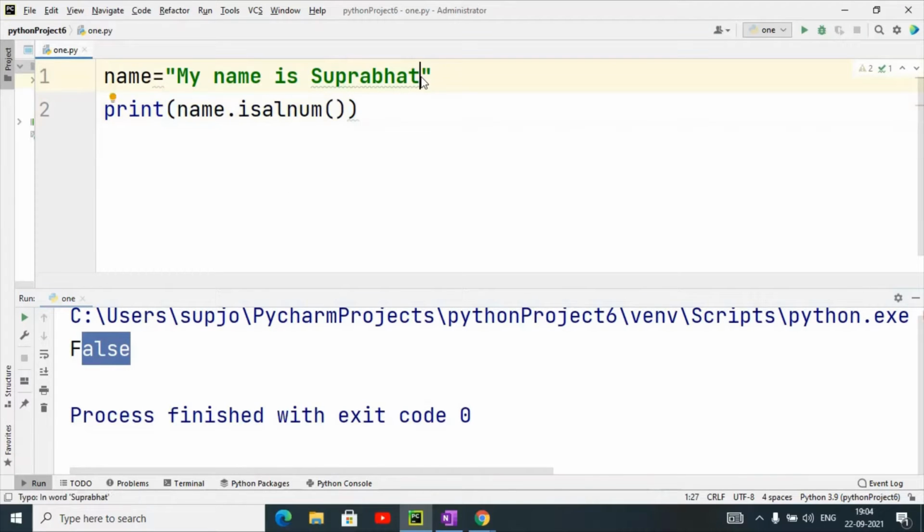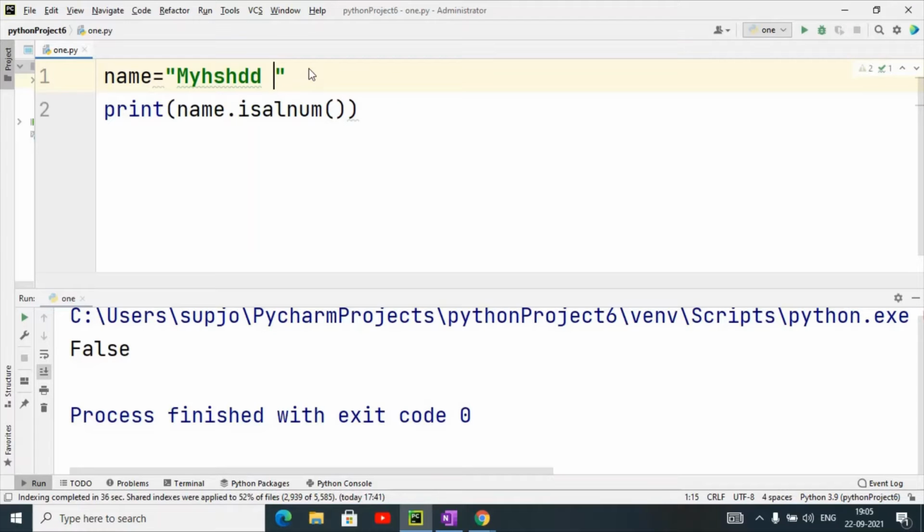If I take numeric values together with the alphabets, then it should return true, but it is not working here.